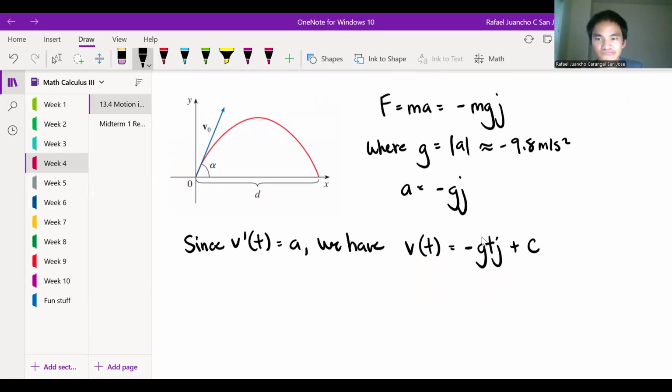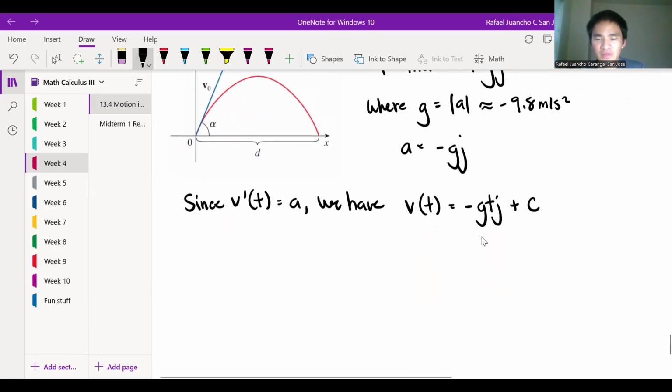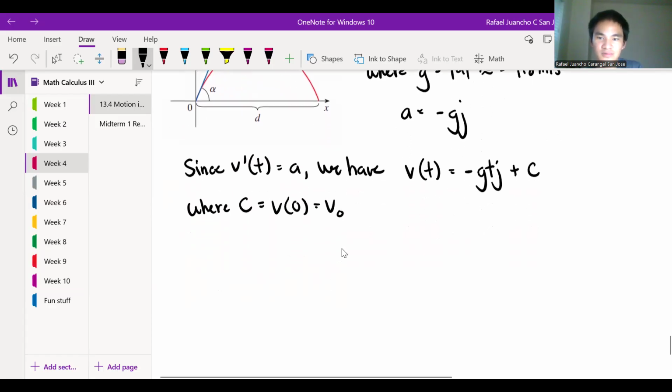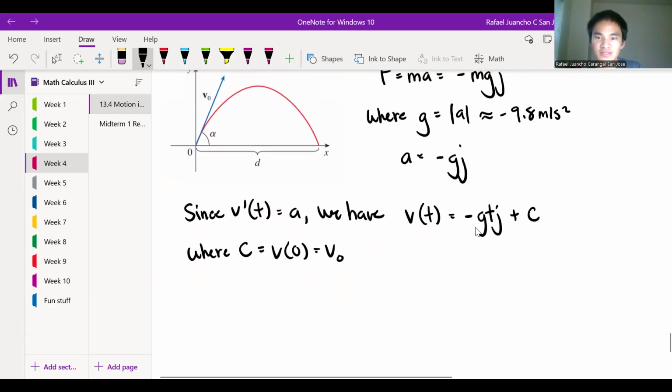Okay. And from there, let's define what C is. What is C? C is V naught. That's V naught, the initial velocity launched, right? And then we're subtracting some gravity and we're parameterizing it. That's why we have a time, because we want to find